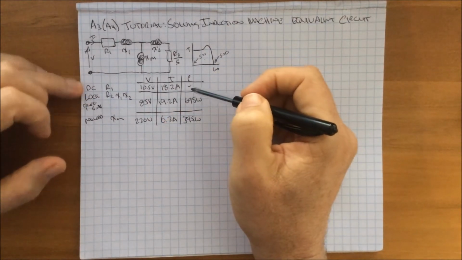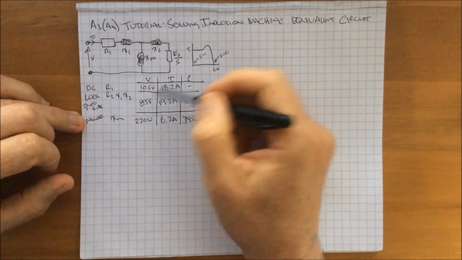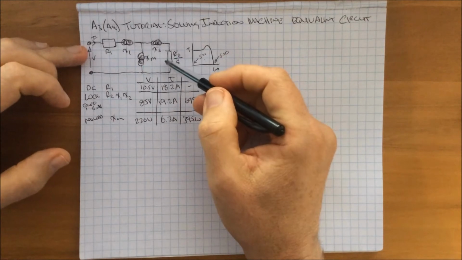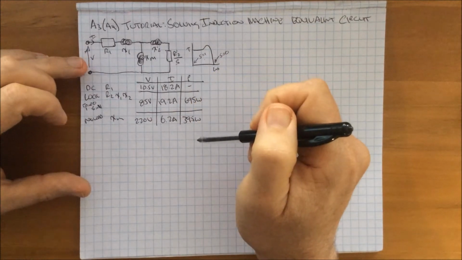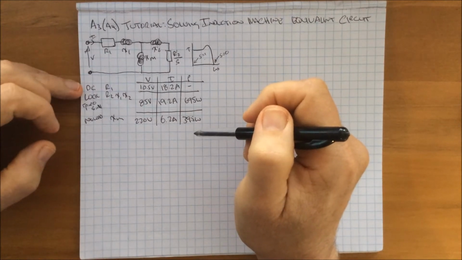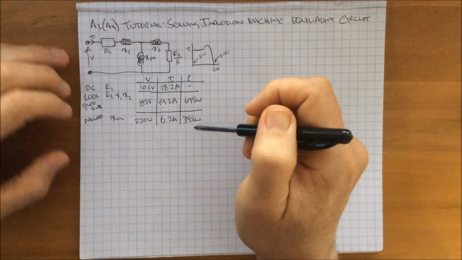So we've done our 3 tests, we've got our data, we can now use this data to find out the values in our equivalent circuit. And the first thing we're going to do is we're going to use the first one, the DC test. Now,